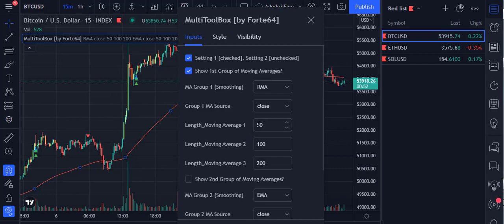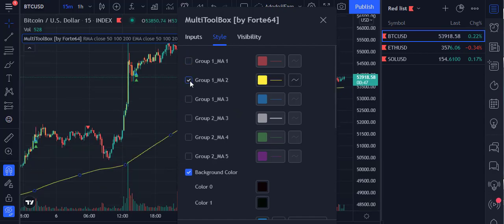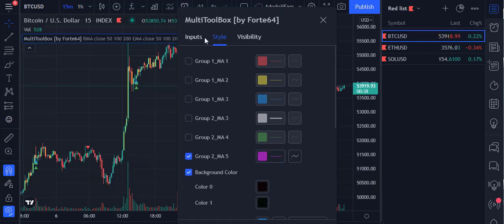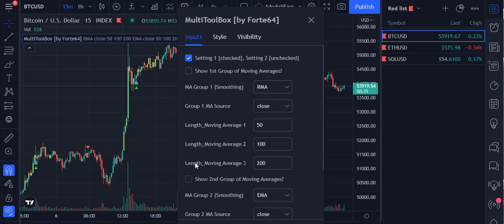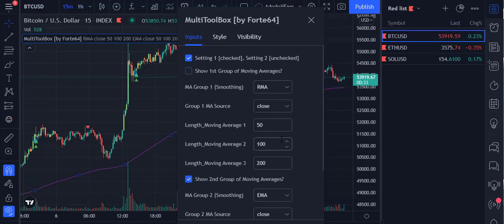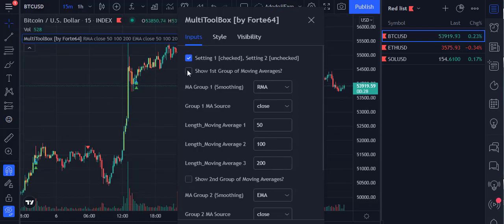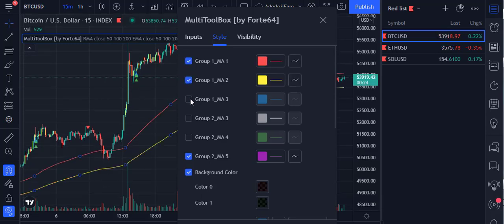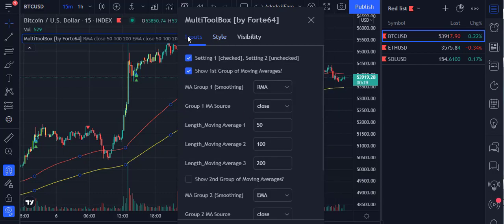You can adjust, and if you want only the yellow, you select the yellow. If you want blue, you select only blue. If you want purple, you select only purple, but you need to ensure that on this side group 2 is enabled. I hope that makes sense. It should make sense. So yep, let's just leave 2 of them, right? So that's that for